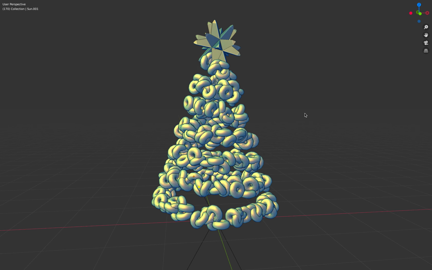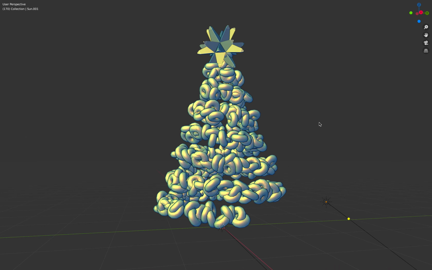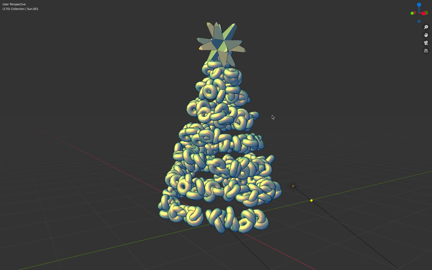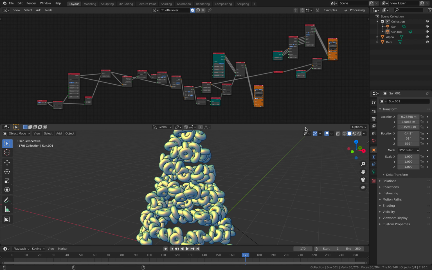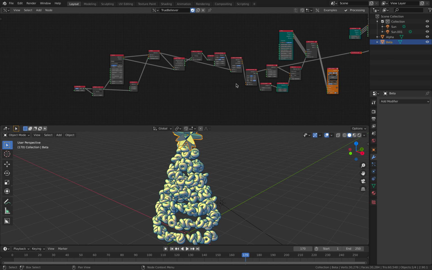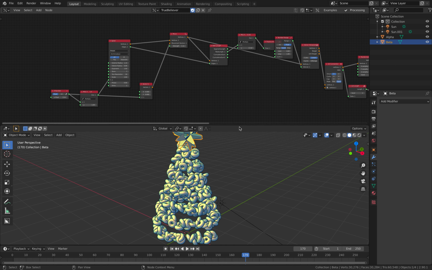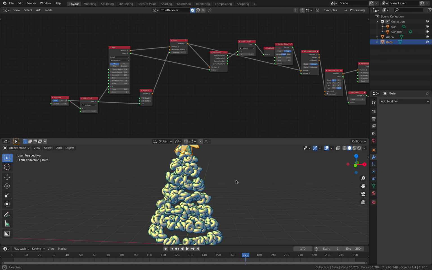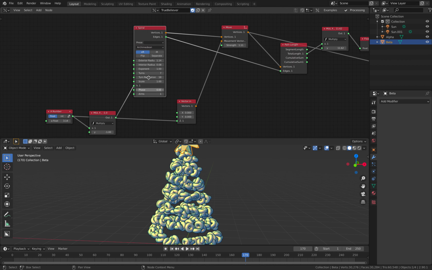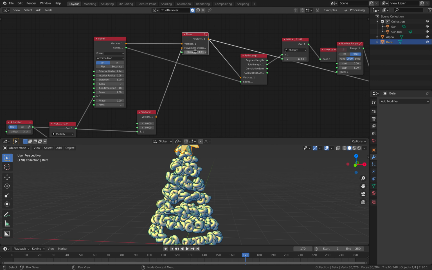In this episode, I'll be sharing with you how I created this donut Christmas tree for the true believers only. Basically, it's all created procedurally, including the stars. The donuts, you can tell, are like a spiral. So I started with a spiral and I moved it a little bit,